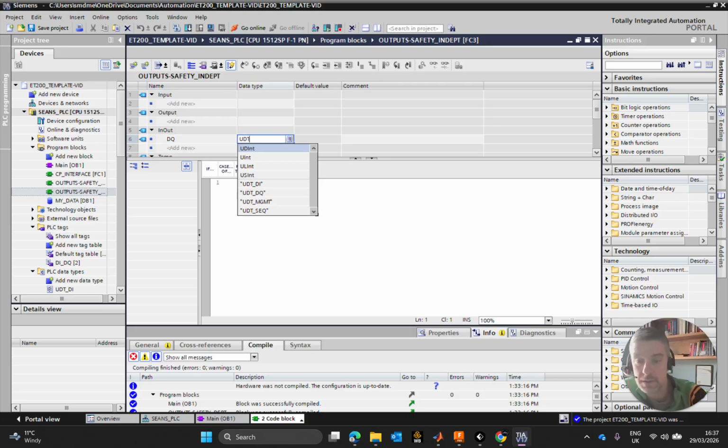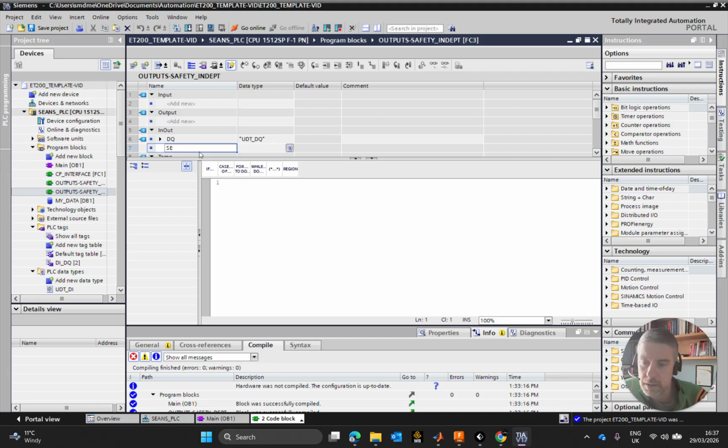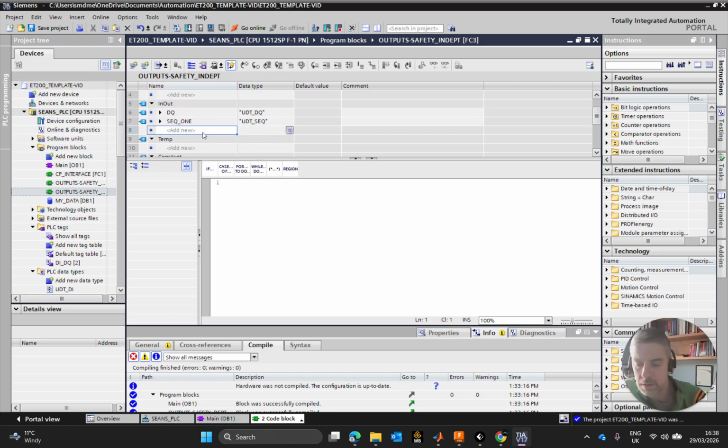Data type indeed is a UDT DQ. And I'll bring in sequence 1. What type is that? A sequence UDT. I'm going to take in seq 2, seq 3. Now, for this one, what I'm also going to do is bring in management,